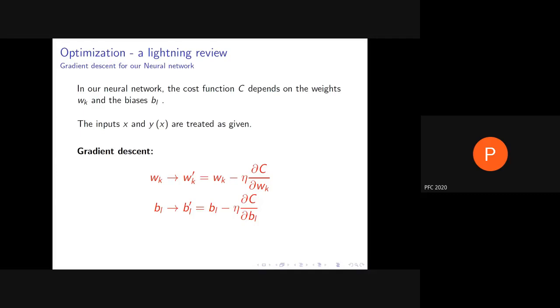So all this looks very straightforward and something which we can always apply, even though notice that the calculation that we should have done using high school calculus is del C del Wk equals 0 for all the k's, del C del Bl equals 0 for all the l's, and then we could have solved them simultaneously and ended up with a very complicated huge set of equations. Here things are much simpler. You're not equating anything to 0. You're just calculating the local values and using them to move. That's it.